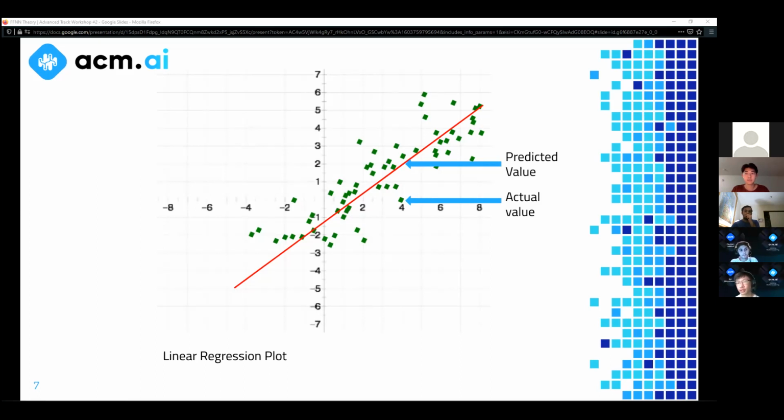You can either answer in the chat or if you want to unmute. Someone besides Samuel this time. I'll restrict the answer: either 1, 2, or 3. 1. Okay, I'm seeing ones. Perfect. Great. Yeah, there is only one, and the reason is there's only one x-axis. So there can only be one feature in this model.